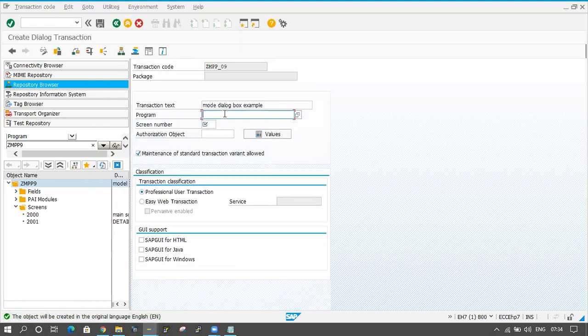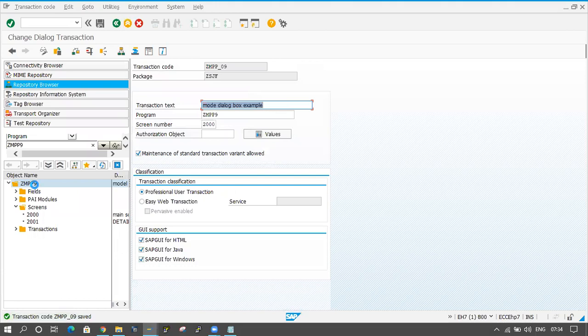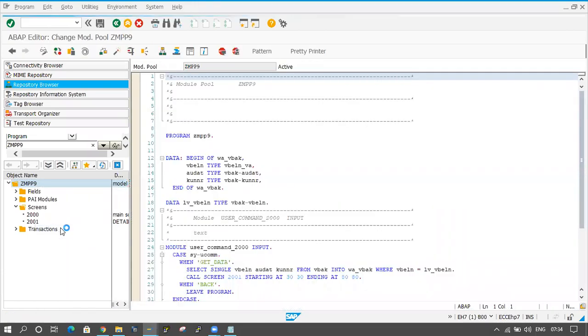The program name is ZMPP9. Screen number is 2000, and I am selecting the checkboxes here. Click on save button. Double click on the main program, right click on it and activate it. Okay, it's activated. Now I will execute that program.